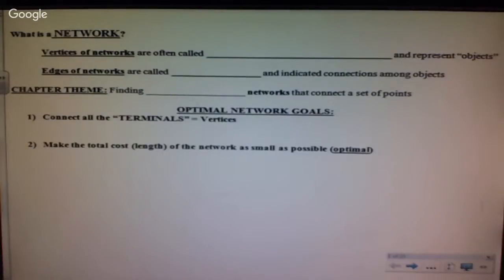All right. So, what is a network? A network is any connected graph. Okay. So, your keyword here is connected. A network is any connected graph. So, everything has to be one piece. That's the first thing you need to remember. Everything has to be one piece. We still have vertices, but your dots are now called nodes